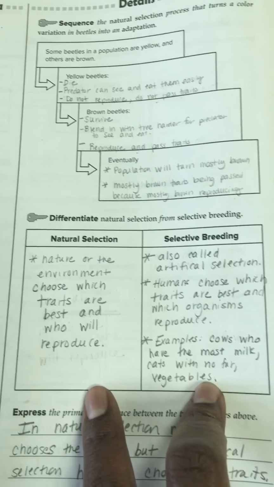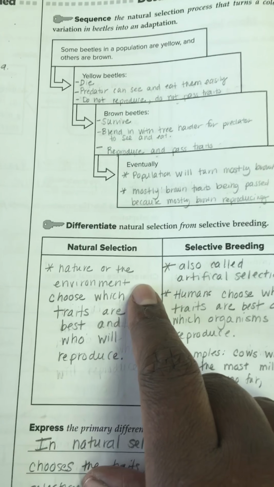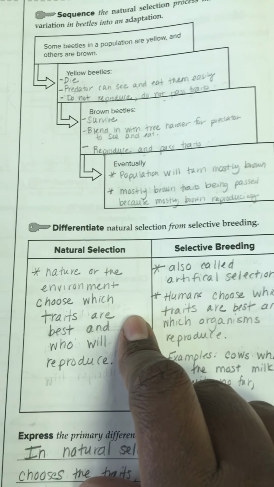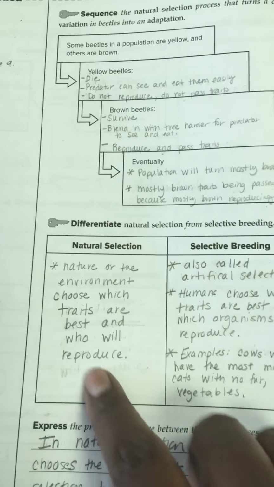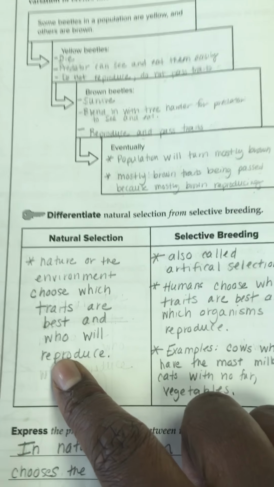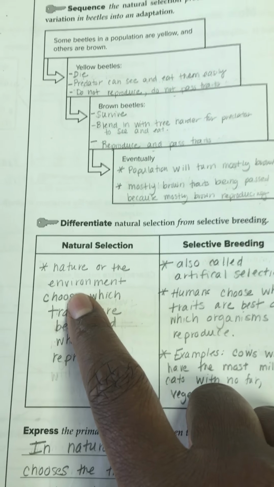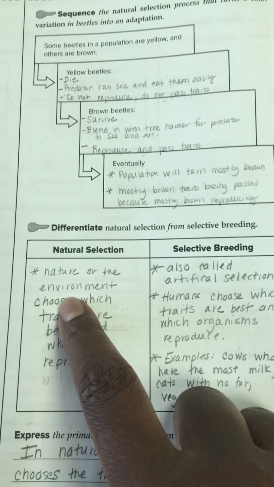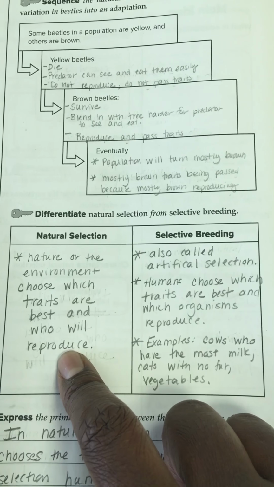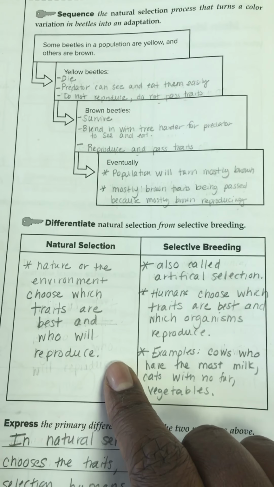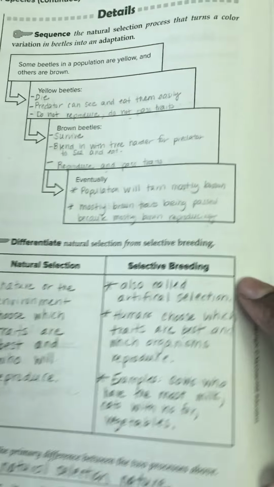This part, Miss Natasha also gave you on the slide, and we were talking about natural selection, and natural means nature or the environment actually chooses the traits that are best and the organisms that get to reproduce or have offspring. So the traits in a population can change naturally from their environment, so where they live. So when there's certain things happening in the environment, it will give certain organisms in the population an advantage, and the population will start to change that way. They'll start to adapt to be able to live better in their environment.